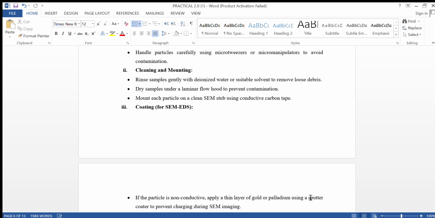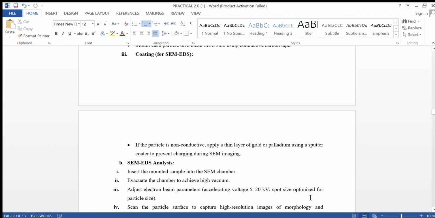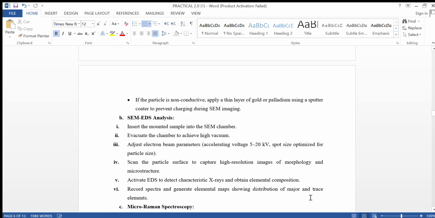Coating for SEM EDS. If the particle is non-conductive, apply a thin layer of gold or platinum using a sputter coater to prevent charging during SEM imaging. SEM EDS analysis, insert the mounted sample into the SEM chamber, evacuate the chamber to achieve high vacuum, adjust electron beam parameters, accelerating voltage 5 to 20 kilovolt, spot size optimized for particle size, scan the particle